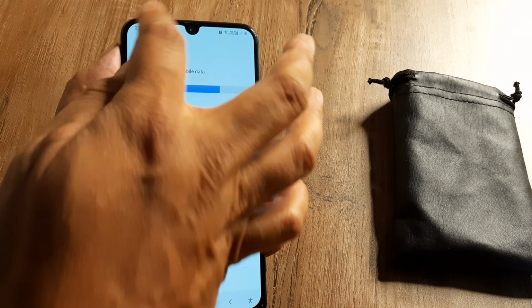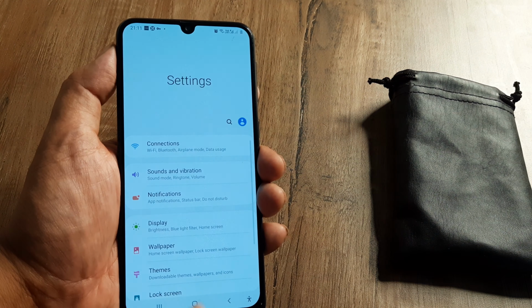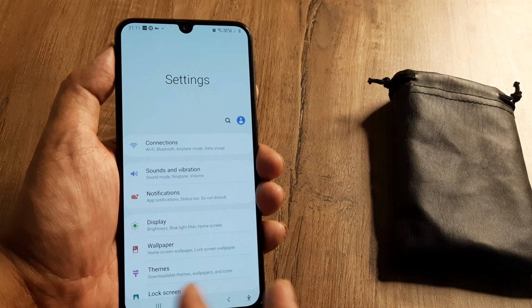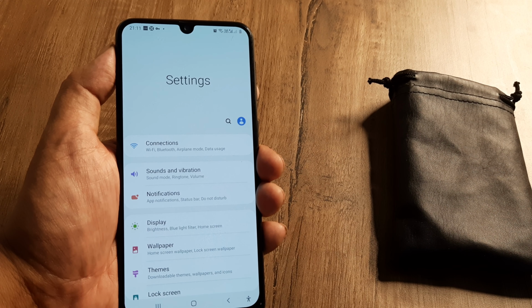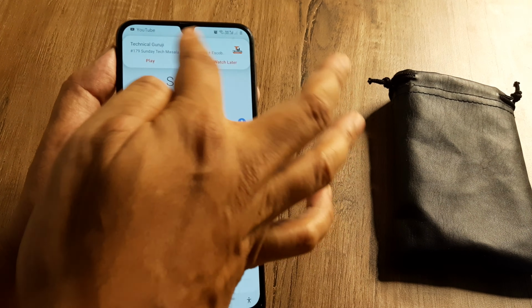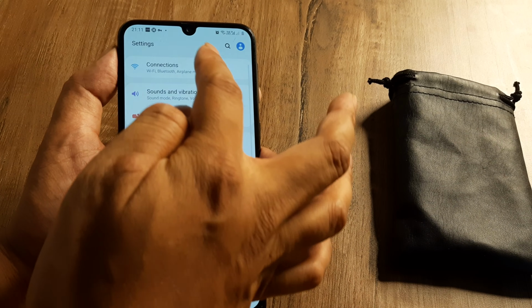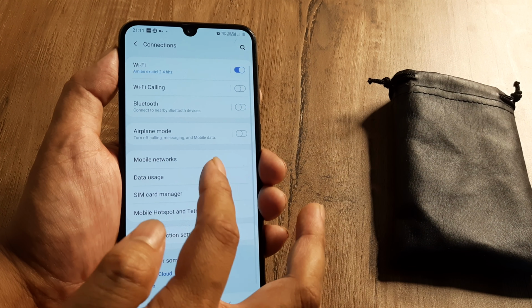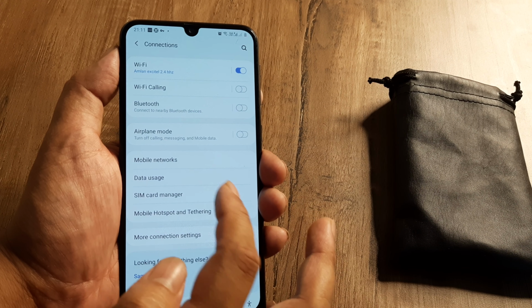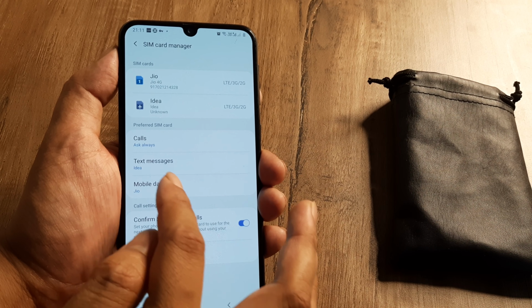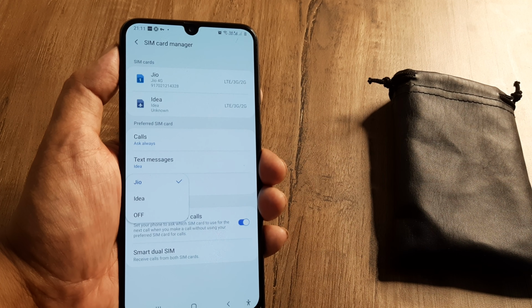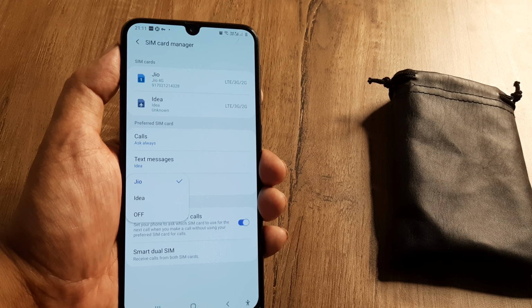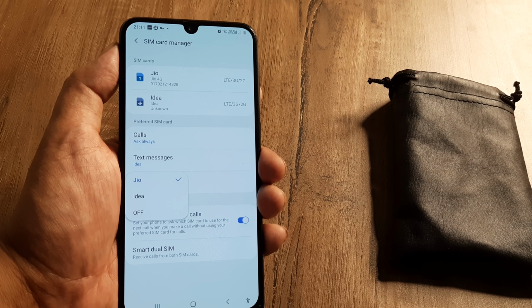Well, in case the device internet still doesn't work, what you can see is whether your mobile network has been turned on. You can go to connections and to your SIM card manager and see whether your mobile data is turned on for the particular network that you want to access the internet for.